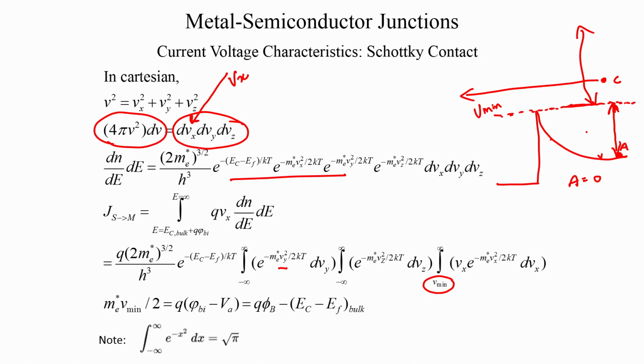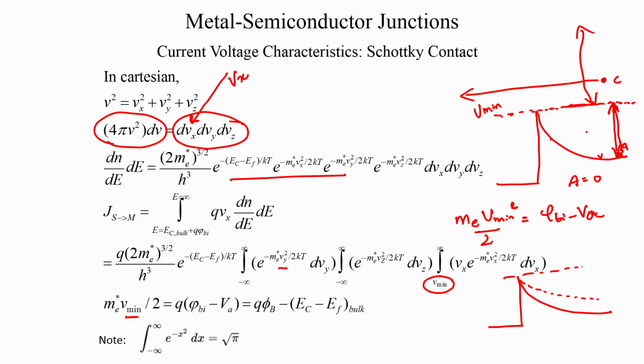So, if you think about the kinetic energy of the carrier here, m_e V minimum square by 2 is essentially your phi Bi minus Va. Now, here for the first time you see the impact of Va. So far we never saw Va appear anywhere, but Va determines what the minimum velocity is. So, let us say that is my equilibrium condition, and if my Va is greater than 0,